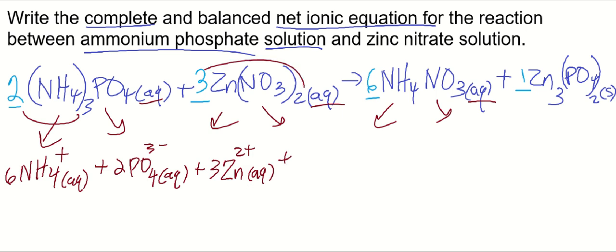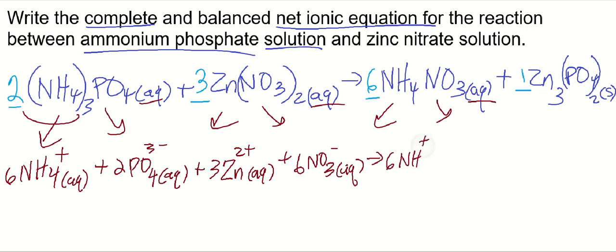And then we got 3 times 2 there. We have 6 nitrates, 6 moles of nitrate. That's a 1 negative charge. And over here we got 6 ammoniums, 6 nitrates,